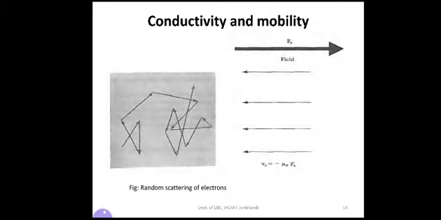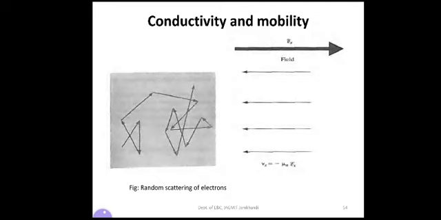This force may be insufficient to alter the random path of the individual electron, that is, the scattering of the electron. But when this effect is averaged over all the electrons, there is a net motion of the group in the minus x direction, as shown in figure number 2.